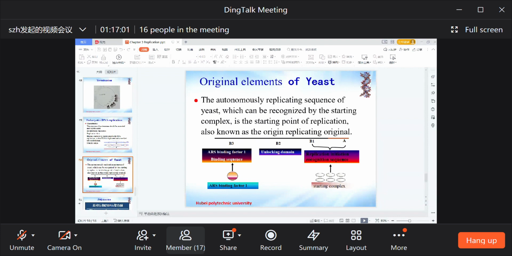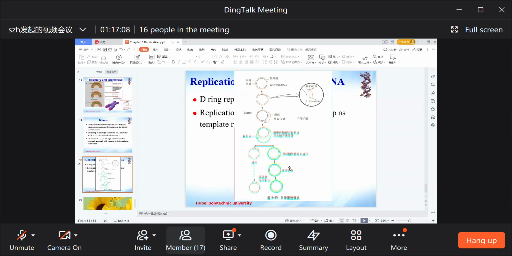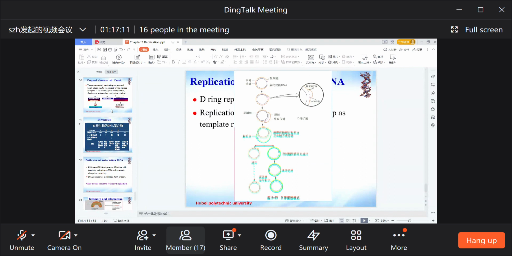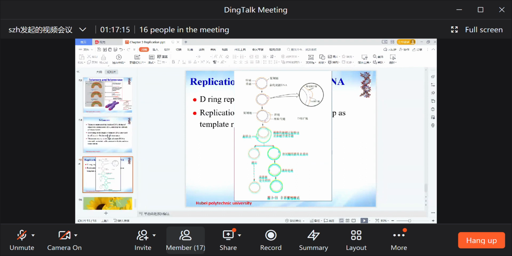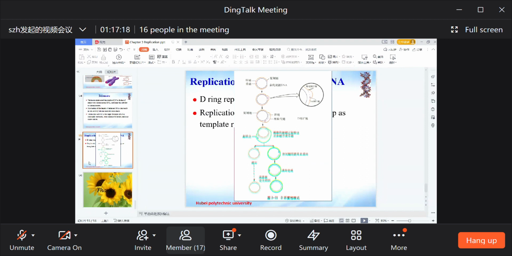And another thing in this PPT, you can see how mitochondrial DNA is synthesized. We learned that gamma catalyzes and synthesizes mitochondrial DNA. This is different from the prokaryotic organisms. At times it first synthesizes the inner loop as the template replication. And at other times it forms the D loop,